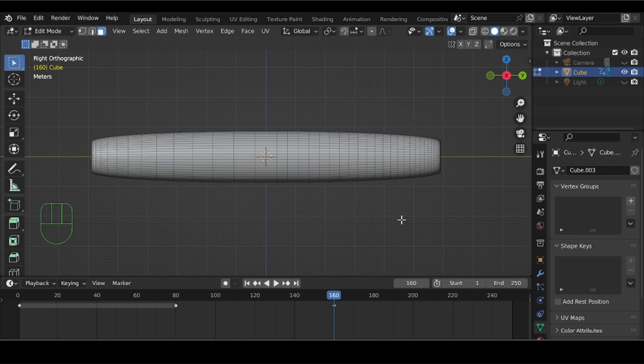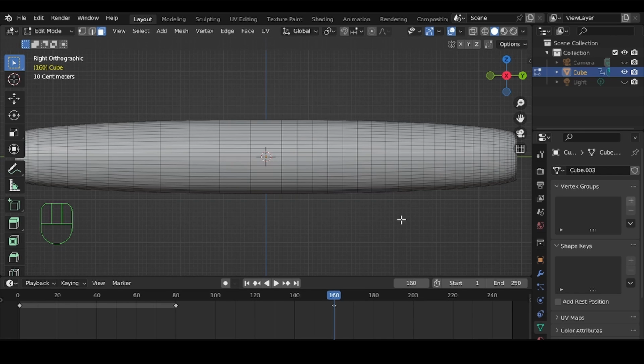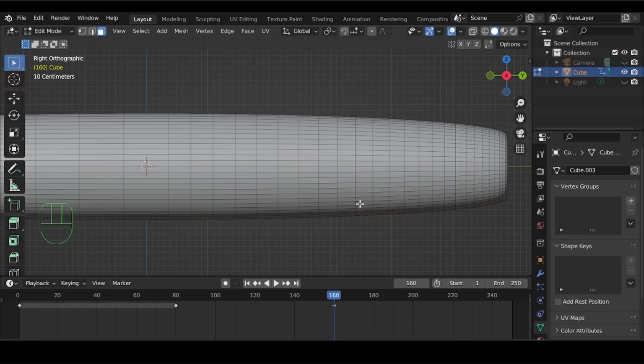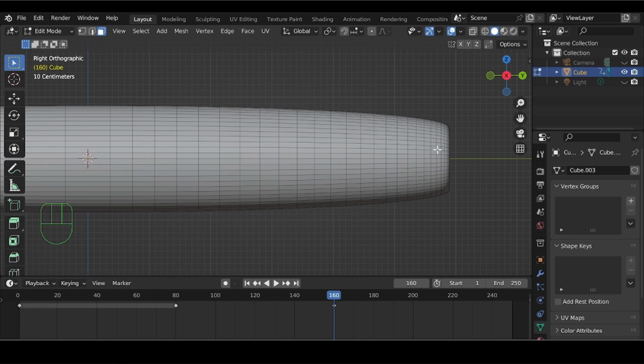So I'll start with the 5th loop from the front. Just count 5 loops from the front. 1, 2, 3, 4, 5, to about this one. Then hold down Alt and click on it, and that will select the entire loop. Now go to Object Mode,